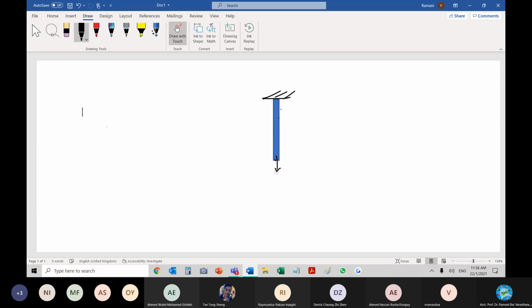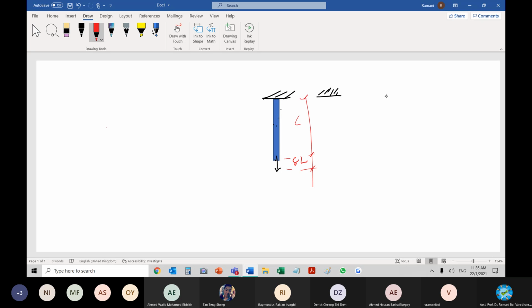Okay. So what will be the new length? It will be like this, and then the same member, if you see, there is an elongation. So the elongation may be somewhere here, right? This is the original length, and this is the delta L. I keep it as delta L, the change in length. This value is delta L, and this is the original L.